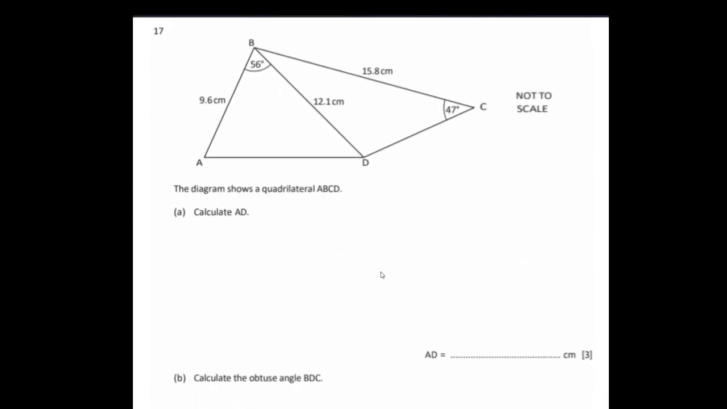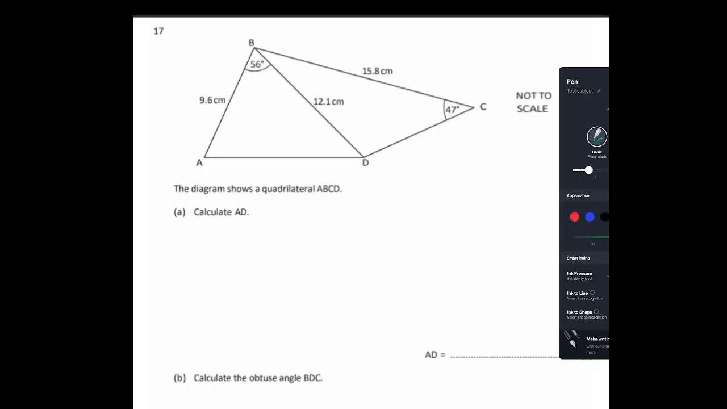Question number 17. The diagram shows a quadrilateral ABCD. Calculate AD. You need to find AD. So when you want to find AD, you will take this triangle ABD. In triangle ABD, we know two of the sides, and we know one of the angles in between them. So you need to use the cos rule. So in triangle ABD,